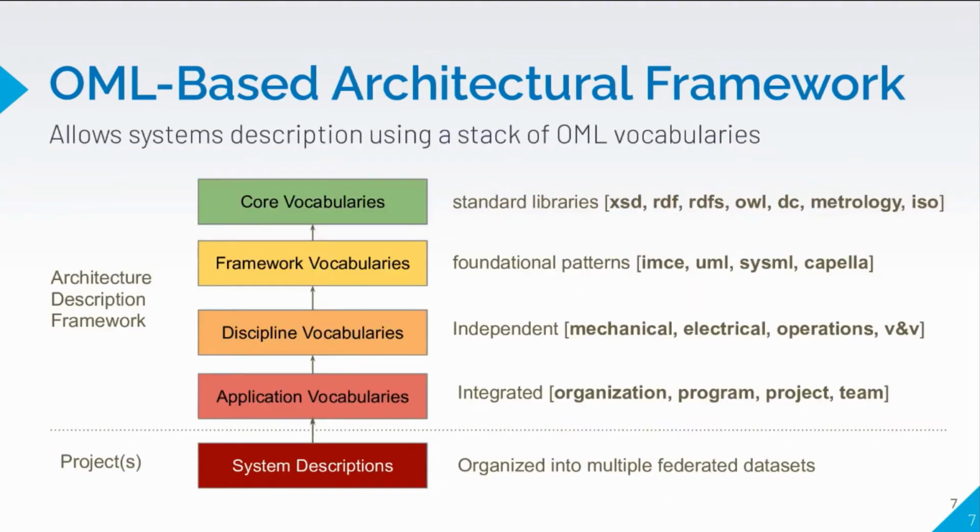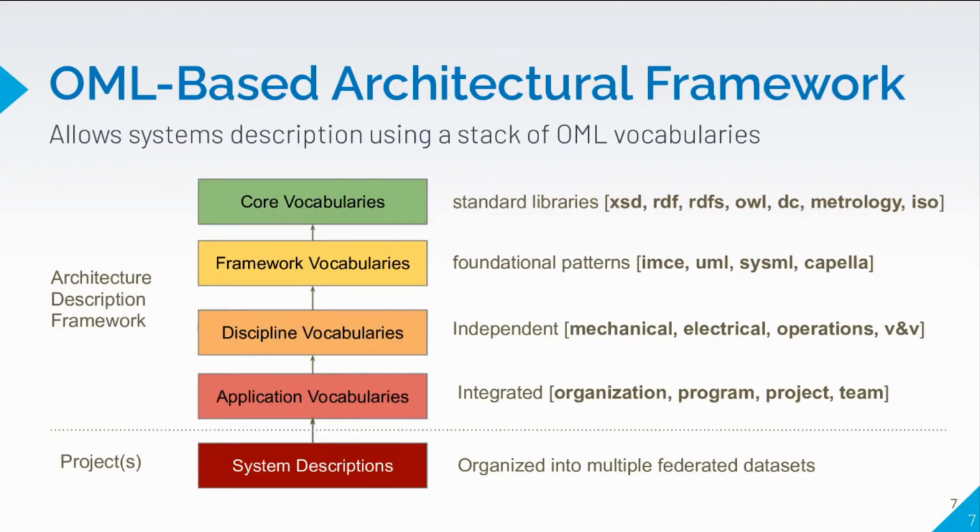Okay, so what can you do with that? An OML project basically defines a semantic web dataset. It's a dataset that could be of two kinds: either vocabulary, which is like class diagram modeling, like meta modeling, and then you also have the system descriptions, which is like the instances, the user models, where you describe the system.